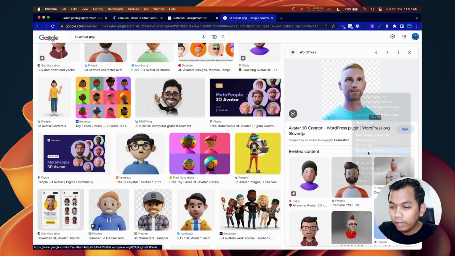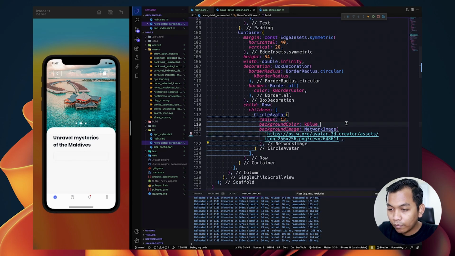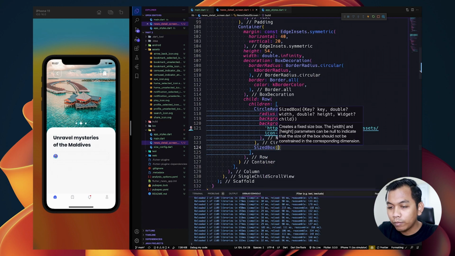Let's try to copy this image address and paste here. And we will have our avatar.